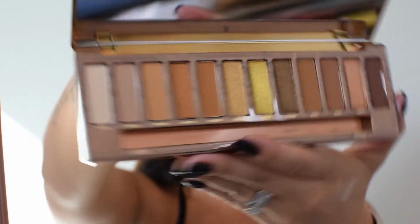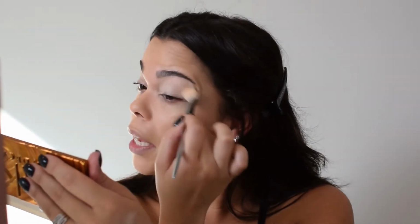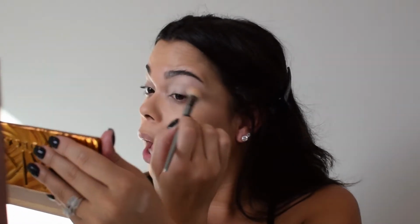I love that. All right, so what we're gonna do firstly is take a nice fluffy brush and we're gonna go into this flyby color, which is this guy right here. And we are going to set our concealer. I don't know what any of these colors look like, so I think this may have like a slight sheen to it, and I'm okay with that because the look that we're going for today, our holiday look, it's going to be fairly simple. So bring that all the way into the brow bone,